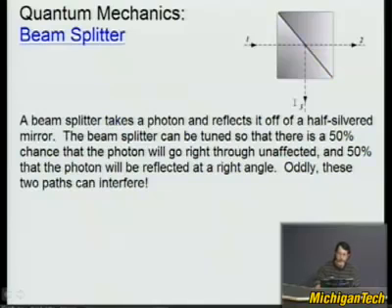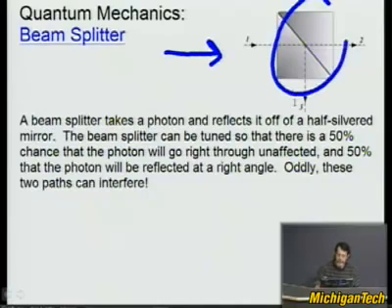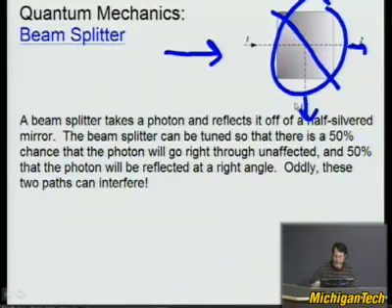So let's say you have light that comes in here, and here is your beam splitter, which is essentially a half-silvered mirror that runs like that. So when that happens, two things can happen to your photon. It can come out here, or it could come out here. And if you tune it just right, and it might